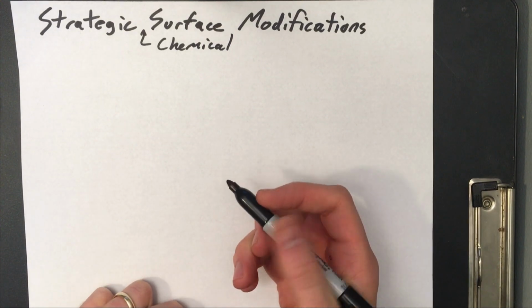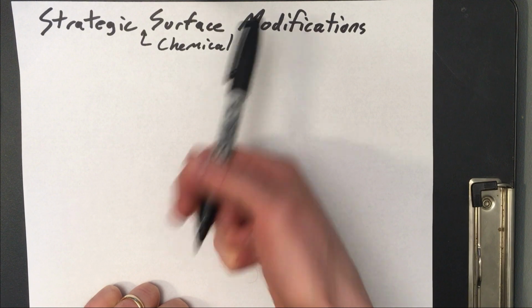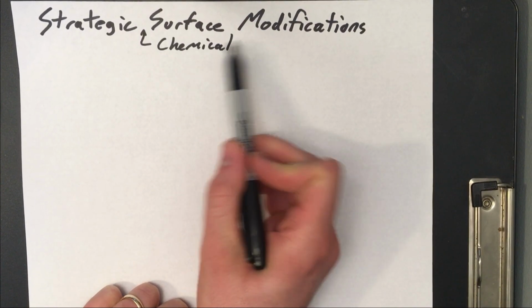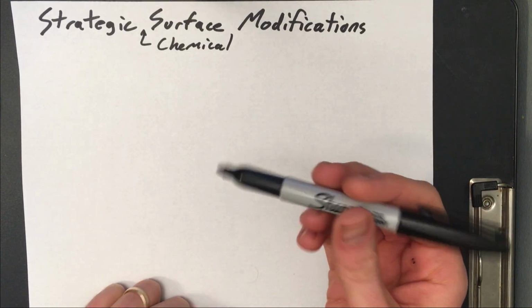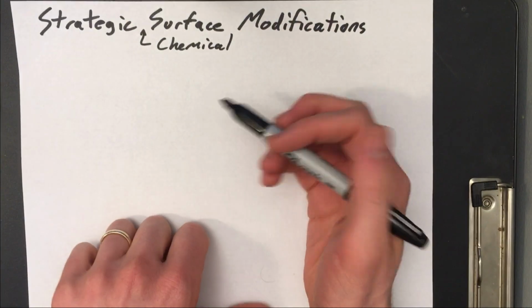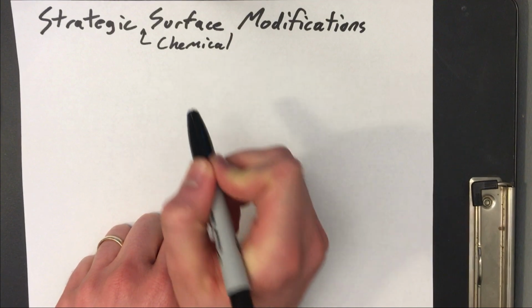Welcome to Biomaterials. So what are we going to be talking about today? We're going to be talking about strategic surface modifications, and in particular, chemical modifications to surfaces. Unlike last time when we talked about plasma treatment, this sort of battering ram approach to just generally make a surface more hydrophilic, today we're going to be talking about how to add particular chemicals to